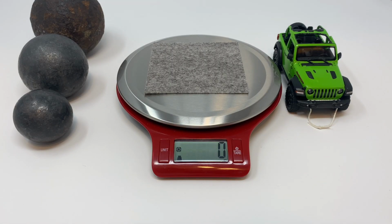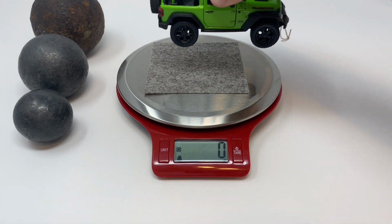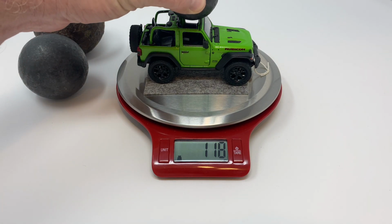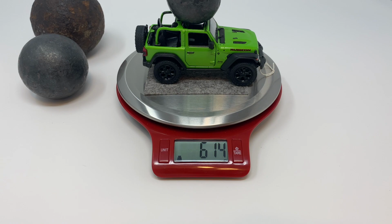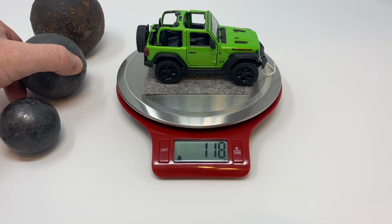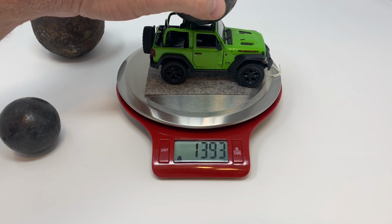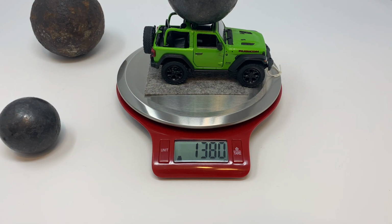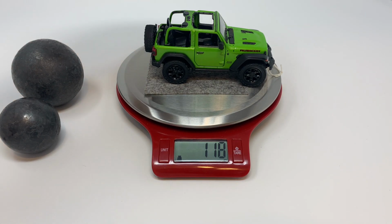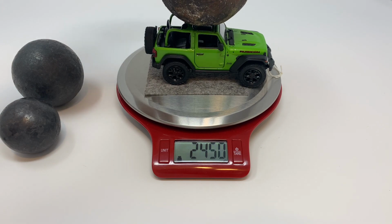We'll begin by finding the mass of the model Jeep and each of these steel spheres using a digital scale. By itself, the model Jeep weighs 118 grams. With sphere 1, mass number 1, 614 grams. Mass number 2, the Jeep and the mass together, weigh 1,380 grams. And mass number 3, the largest of the steel spheres, together with the Jeep, weighs